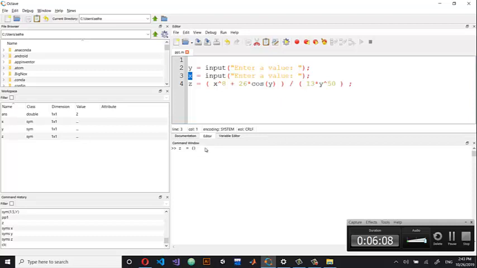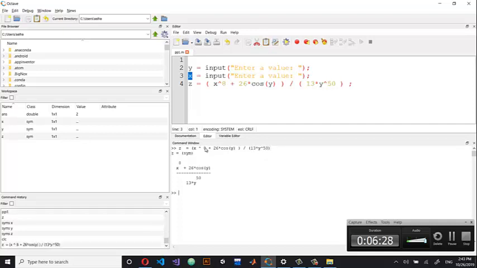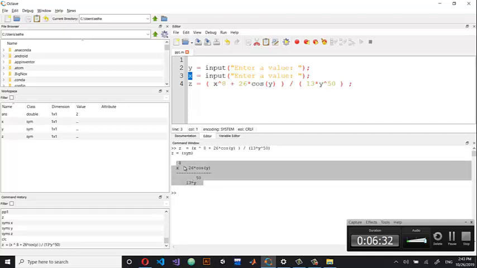Okay, so I'm going to say x to the power of 8 plus 26 times cosine pi, and we have the denominator 50. Now when I hit enter, you will see the mathematical equation in the same exact form